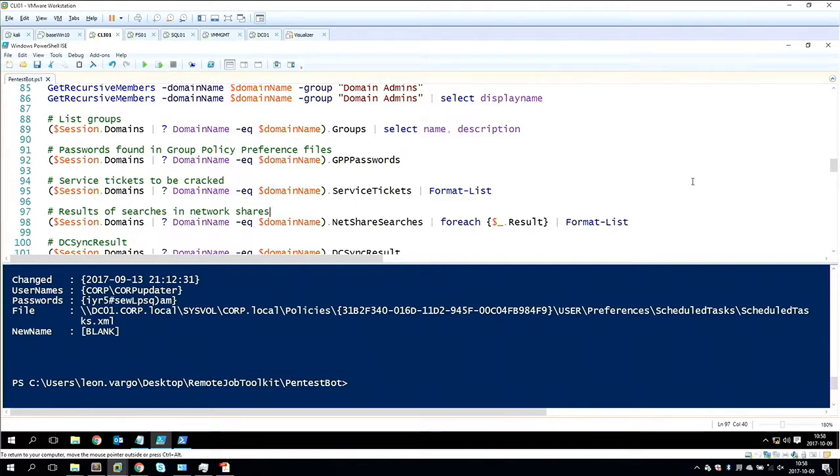It's typical to find these big common shares where anybody can share data within the organization, and you can try to look for something interesting in there, or there can be servers sharing some folders that were maybe not supposed to be shared to all users,